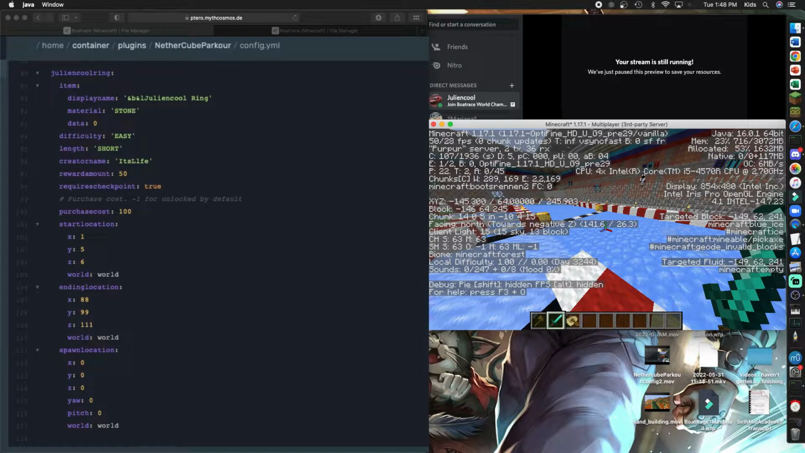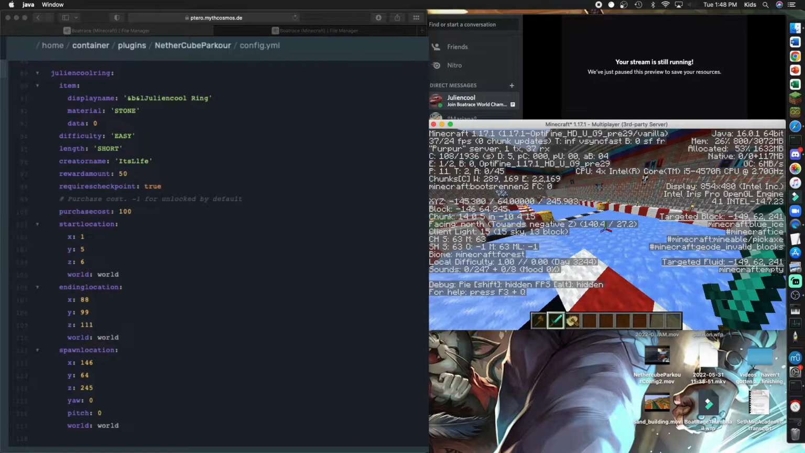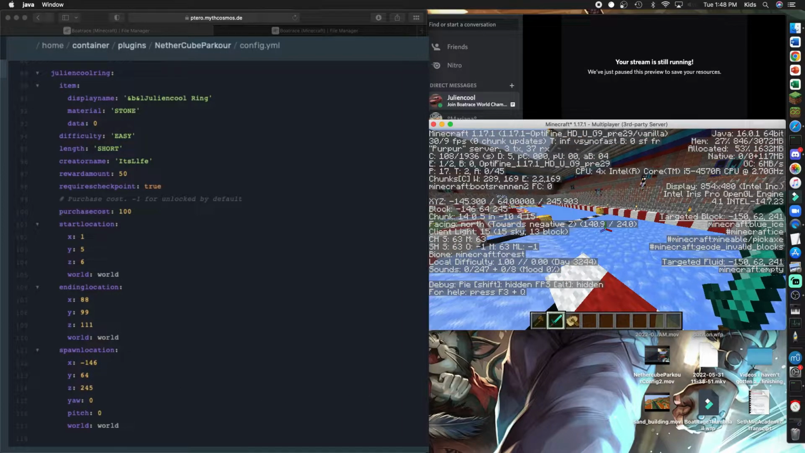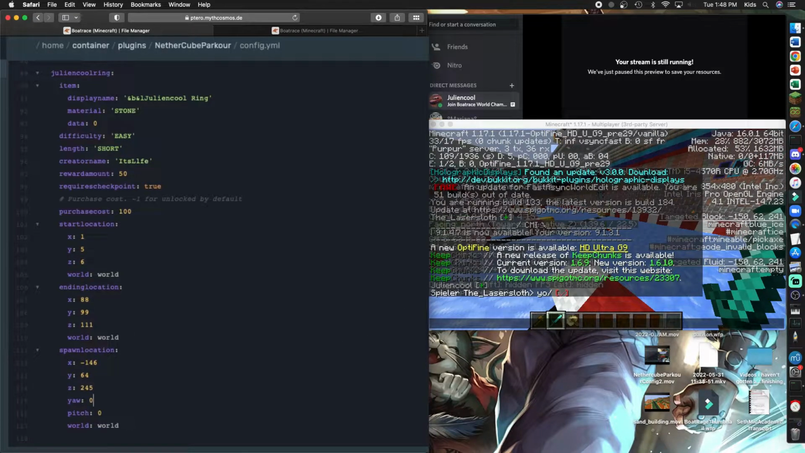And then all you really need after that are the coordinates that you want to spawn at when you do /c. So I guess it would be 146, 64, 245, and then 146. And then the pitch and yaw, so like where you're looking. So I guess that would be 135 and 20. And then,